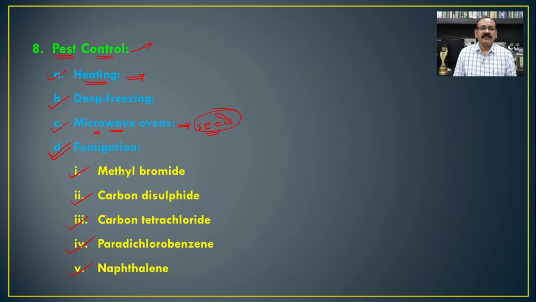So either there is a use of spray, or like the naphthalene powder, we have to keep it in cloth so that automatically there will be fumigation in the complete area of the herbarium. Very commonly the naphthalene balls are kept in pigeonholes for fumigation everywhere. In this way, the storehouse and the different specimens available in the herbarium remain as they are for future use, and there will not be any infection after the pest control.